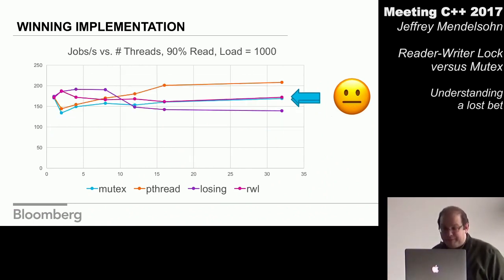This graph is odd. Normally we see in the graphs a shifting, a changing, which is smooth. This one is just different. Again, I ran this on a shared box, so my presumption is somebody else was up at 4 o'clock in the morning and decided to do something. I don't know that for a fact. However, these are valid results. This is the results we took. It may not match the presumptions we're showing, but this is the outcome. And whatever happened here, we tied mutex, so it can't be bad.